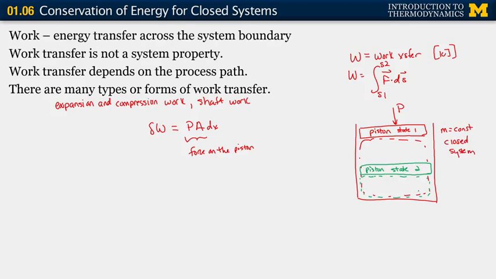And if the mass is constant and the volume changes, then we know that the specific volume has to change too, right? Because the specific volume is simply the absolute volume divided by the mass in the system. So let's go ahead and remind ourselves of all that good stuff. So if this is the volume, and then if this is the specific volume,